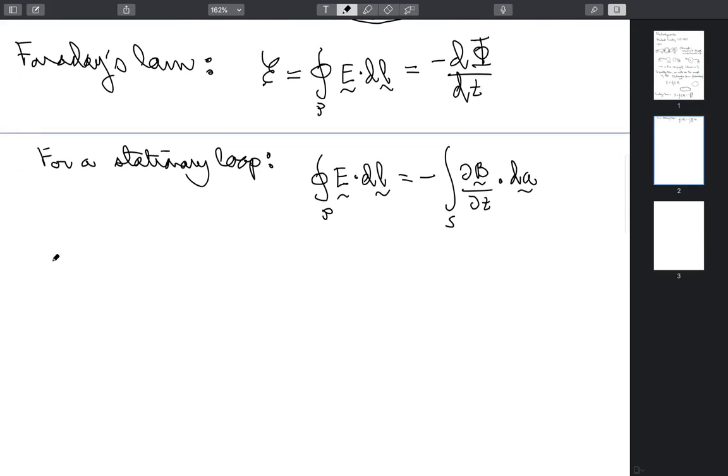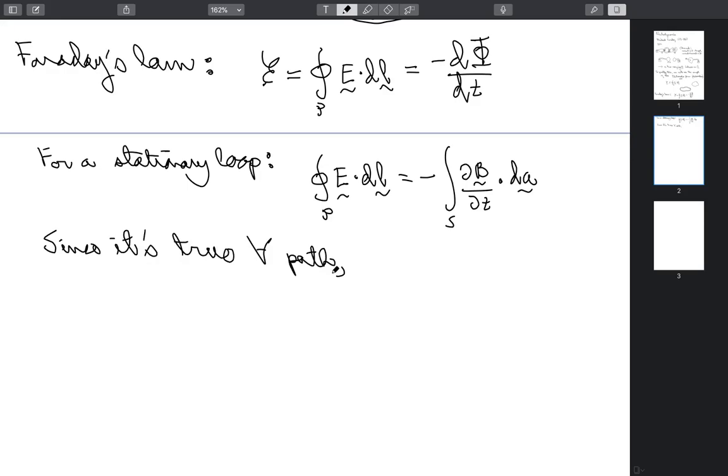So one of the things you have to understand is that the path that we have here doesn't have to be like an electrical cable or anything like that. It's actually any imaginary path that you can think of. You just draw a loop in space, and that is going to be true. Okay, so since it's true for any path,